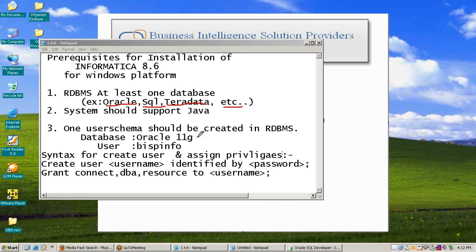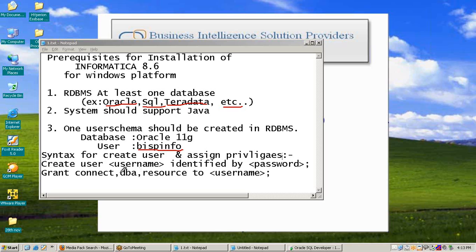I am using Oracle 11g database, and in the database we should create a user schema for installation of Informatica 8.6. For that we'll create a user whose name is BISP. It could be any name.